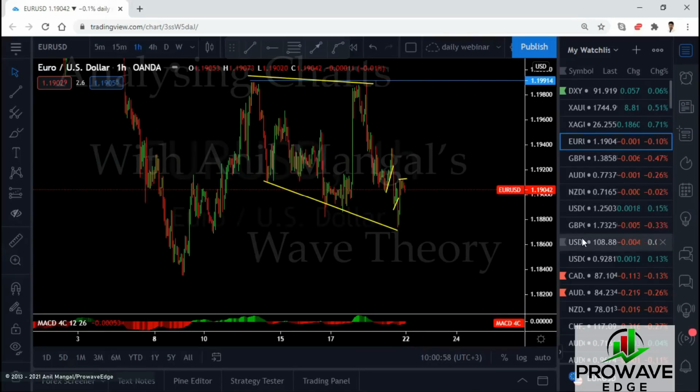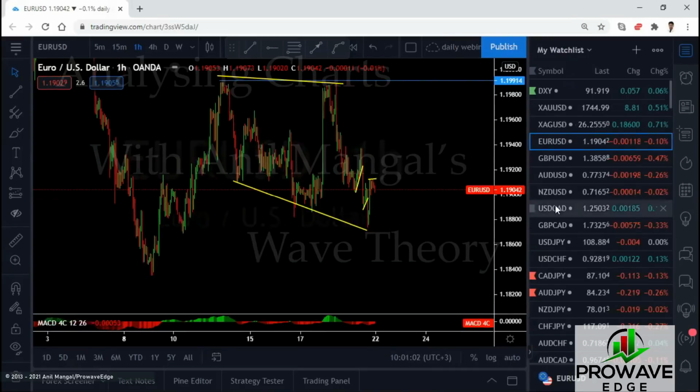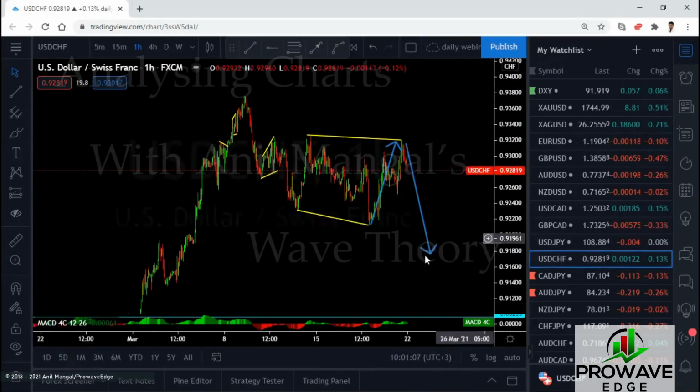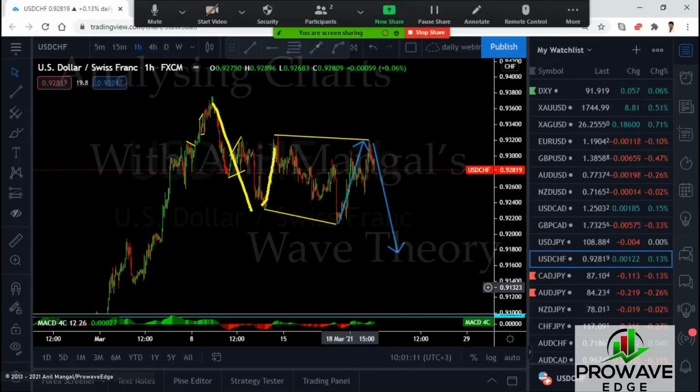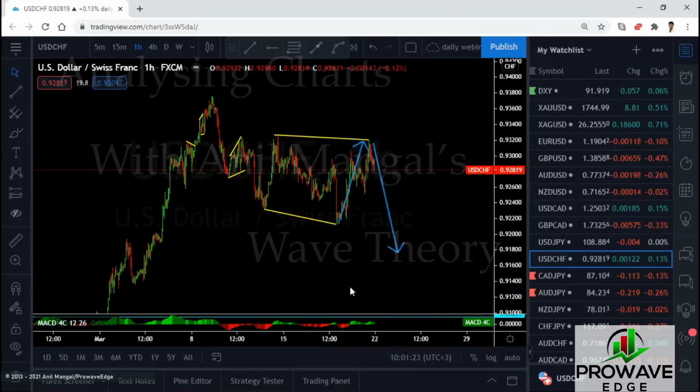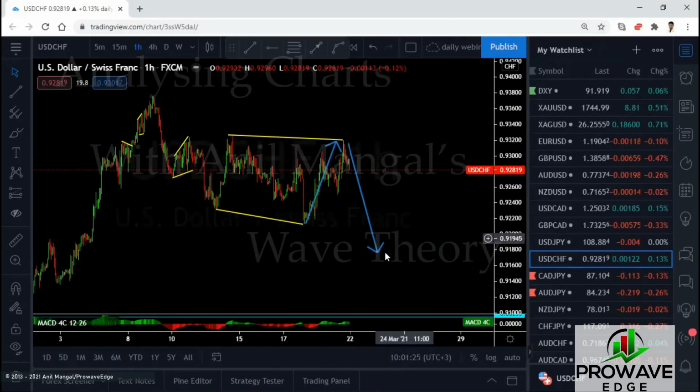I have to show you the dollar Swiss. That is the dollar CAD, dollar Swiss. Here it is. This one was absolutely sure to come down because this is exactly what we expected it to do. We have this move down. We have that sharp one. We were looking for a sharp one up there. And then we got this correction that came beyond the low. Now, you could make an argument for contracting flat there, but I don't like contracting flat. So I think they're still going to come back down to the bottom here.